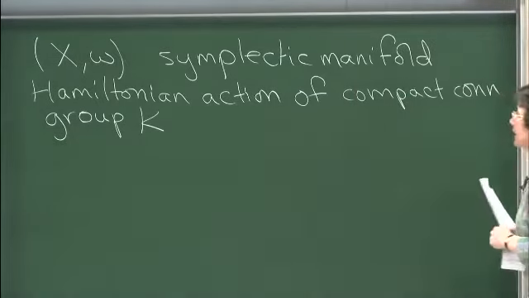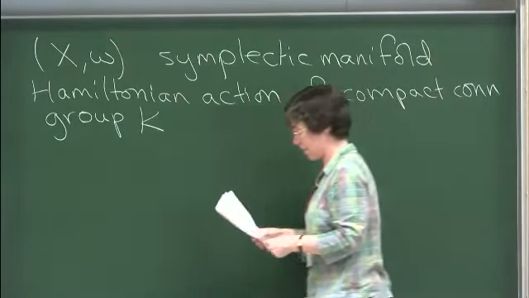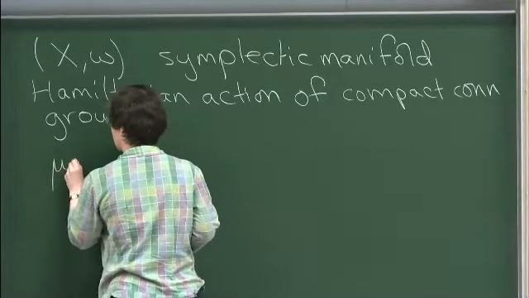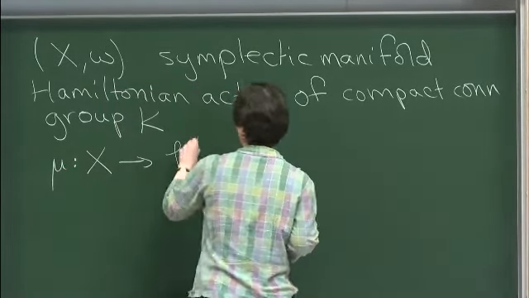Hamiltonian action means that it preserves the symplectic structure and that there is a moment map. So let's have mu, the momentum map, going from